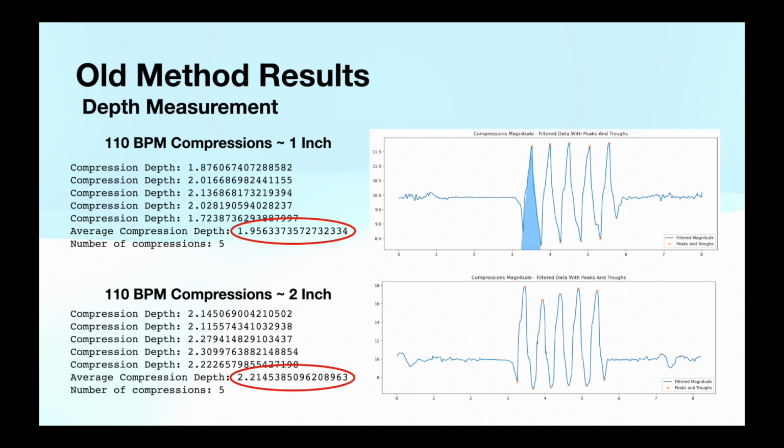Here, we will show examples of the differences in results between the old and updated compression methods. At the top graph, we can see that the average calculated depth of a 1-inch compression was 1.95 inches, almost double the expected amount. At the bottom graph, we can see that the average calculated depth was 2.214 inches for an expected 2-inch compression. These results indicate that the methodology chosen would not be able to track between adequate and